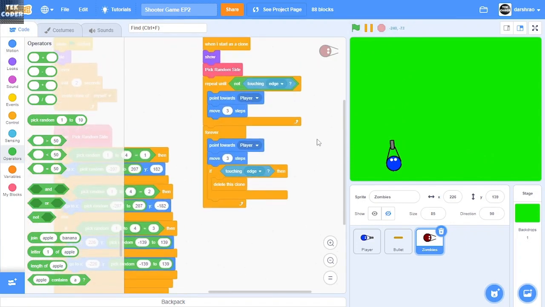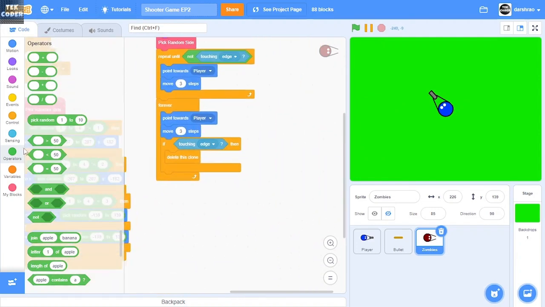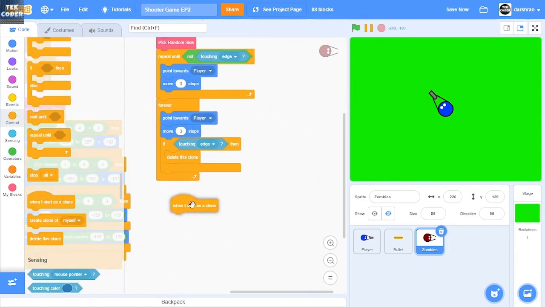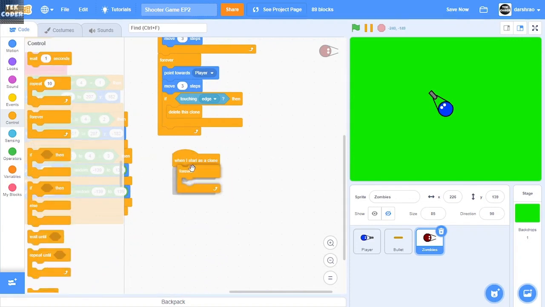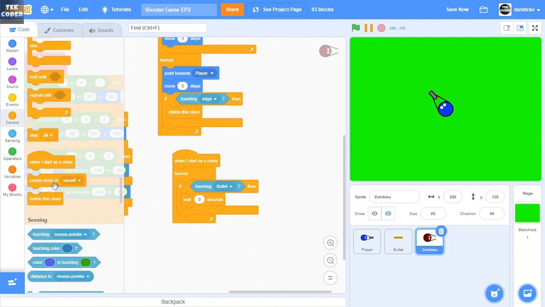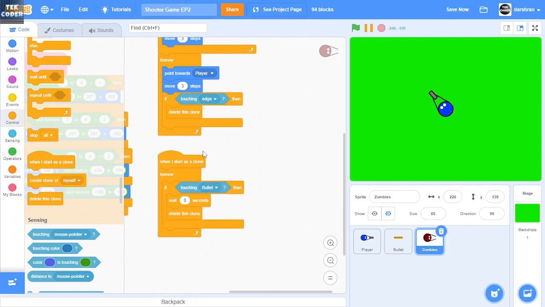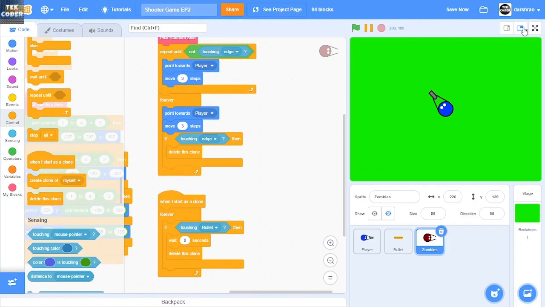Okay, now I want it so that whenever we shoot it, it should die. So to do that, let's do when I start as a clone, we'll do if touching bullet, then wait something like 0 seconds, and then delete this clone. The reason I'm doing 0 seconds is so that there is bullet collision, because in a lot of cases the bullet collision does not happen. So as you can see,